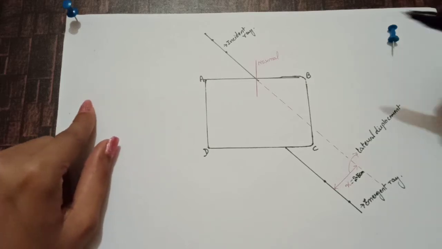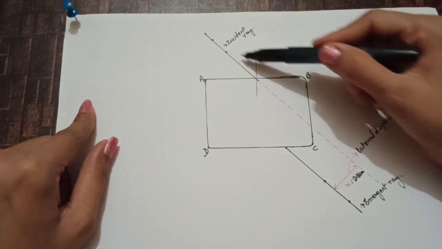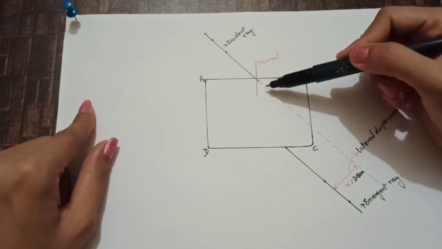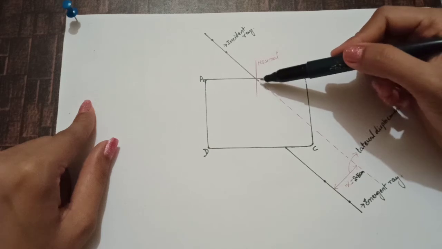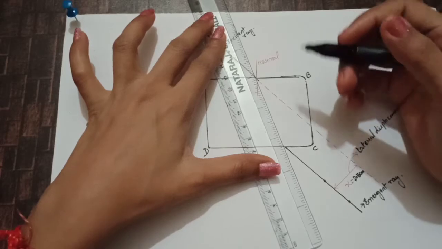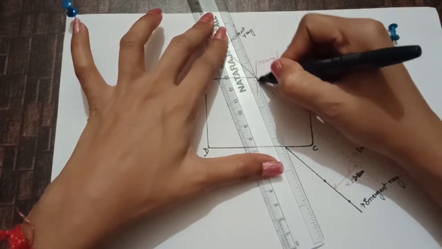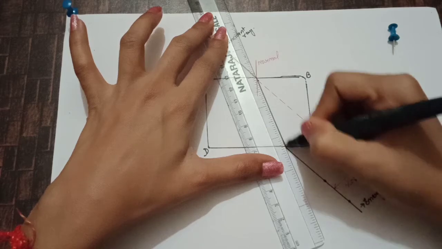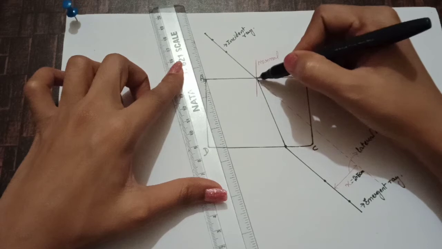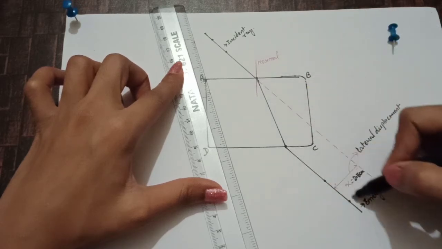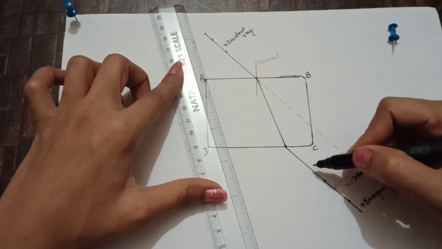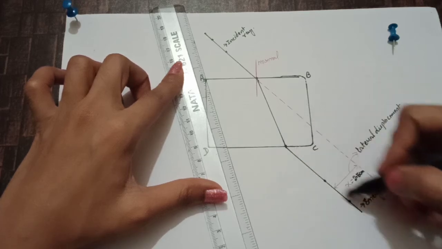Okay, so now you see this incident ray which is coming from air, it is entering into the glass slab, which is a denser medium. So due to refraction, it will bend towards the normal, right? So let us draw the refracted ray. So this point and this point are to be connected, and this is the refracted ray only which is emerging out of this glass slab, and because this is denser and this is rarer, that's why this refracted ray will bend away from the normal.